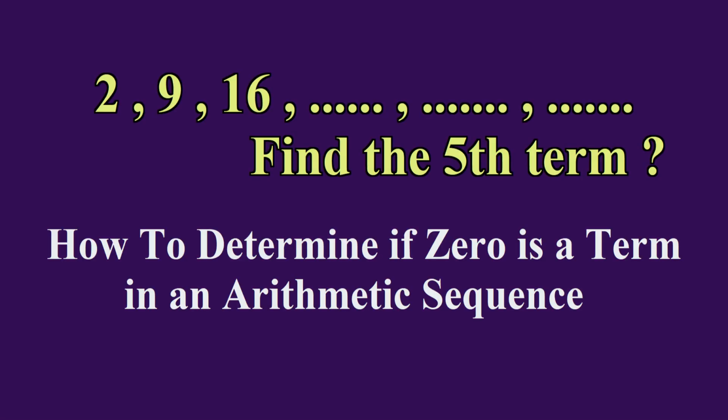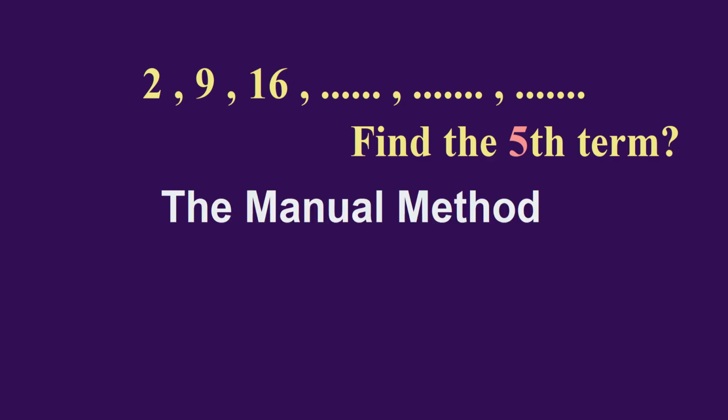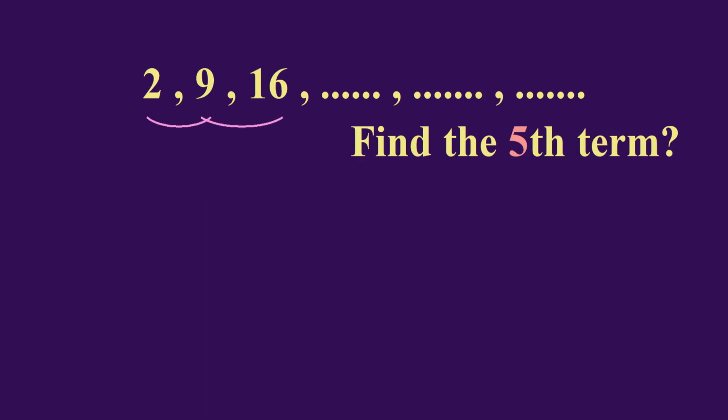Up ahead in this video, we have this sequence 2, 9, 16, and our goal is to get the fifth term. Today I am showing you two methods to solve this problem. The first method is called the manual method. This method is perfect for short arithmetic sequences. Look at the problem. Since each term increases by 7 from the previous one, this 7 is called the common